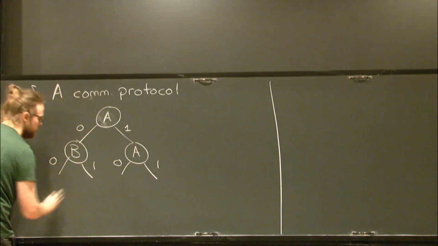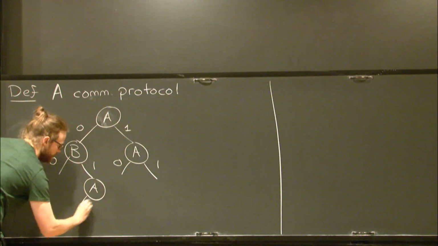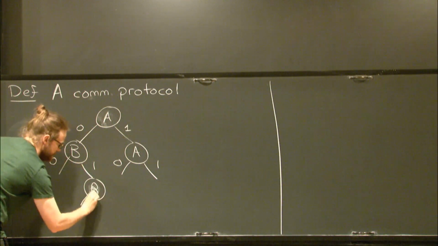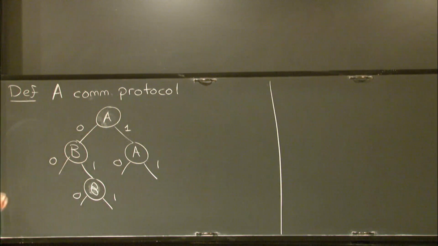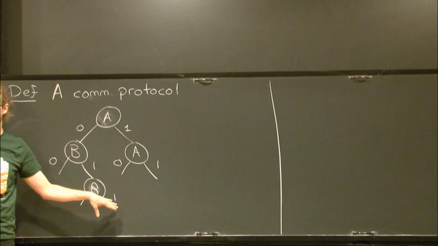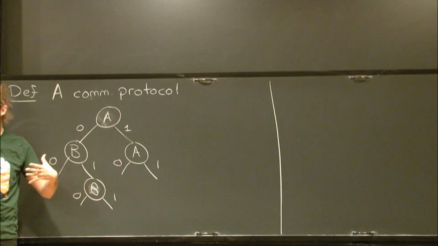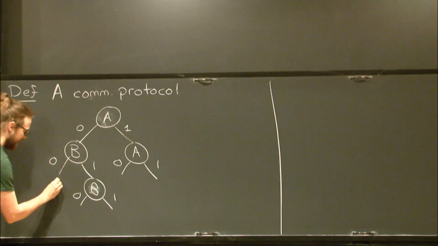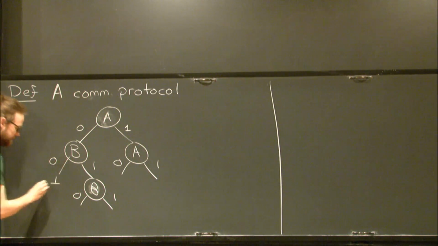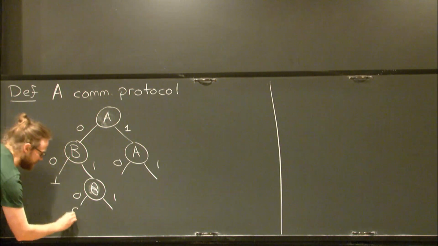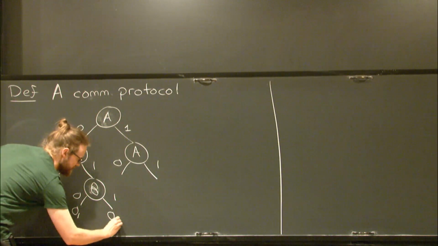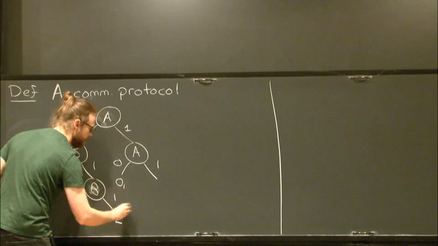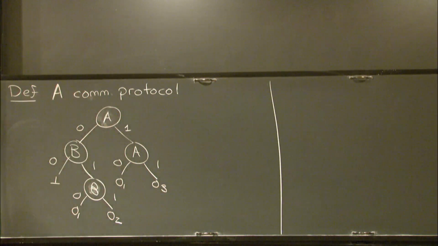And then once the players have communicated enough information back and forth to agree on whether or not their inputs are in the actual relation, they can halt and agree on an output. So maybe we could put in a bottom symbol if it's not in the relation, or otherwise we'll just label each of the leaves of the tree with one possible output from the relation.